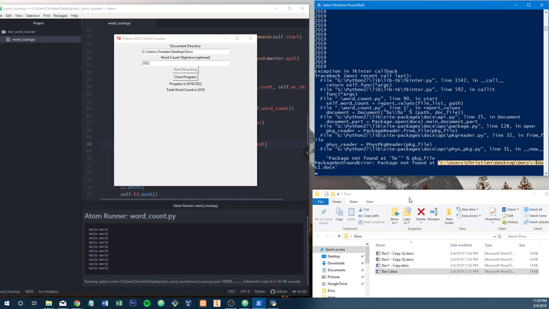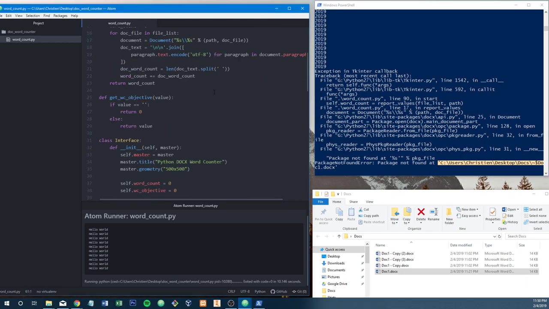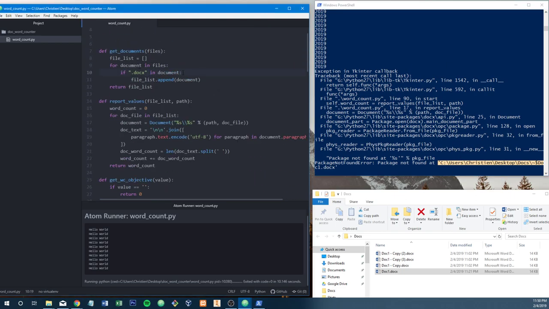$doc1.x? So when you open up a file in Word on a Windows operating system, it creates a temporary file that keeps all your changes. So when you lose them, you don't actually lose them. Like, say your computer crashes, it caches that data. So what we need to do is we actually need to modify the way we read files. So if docx is in document, and